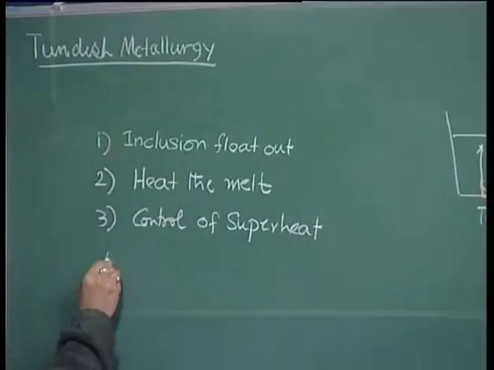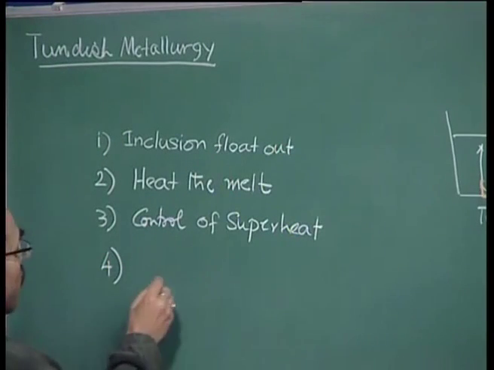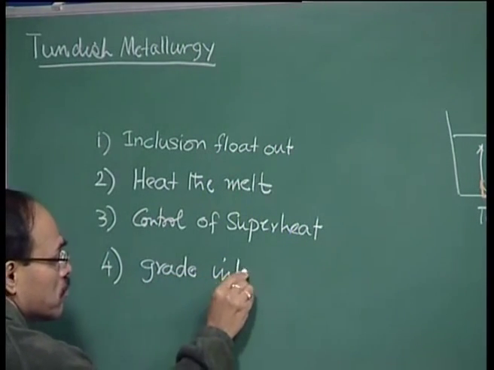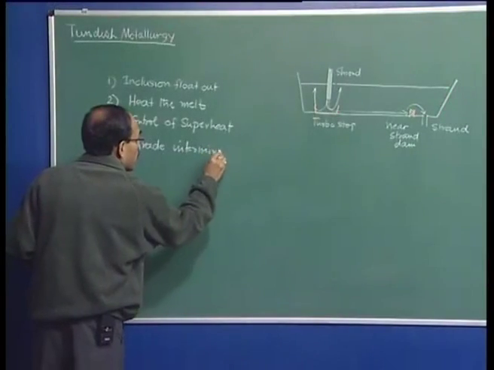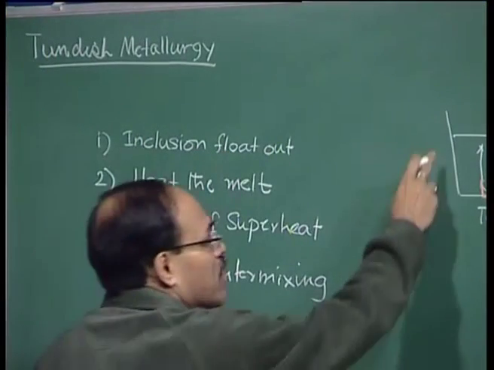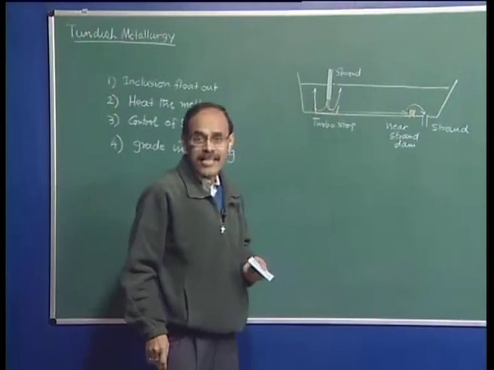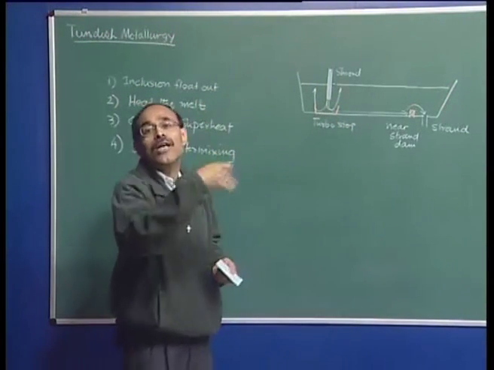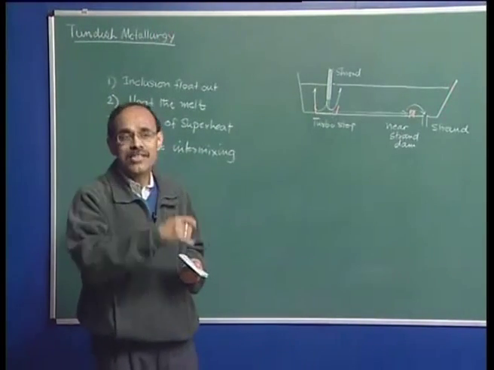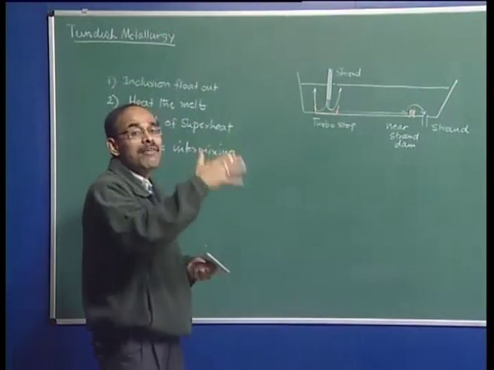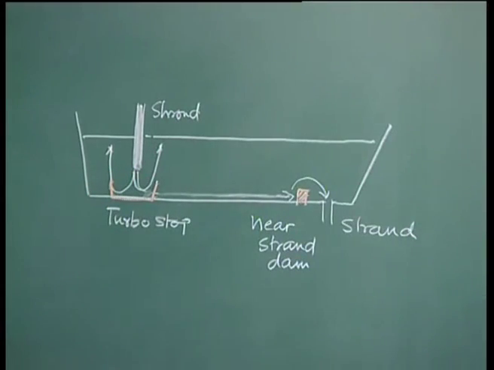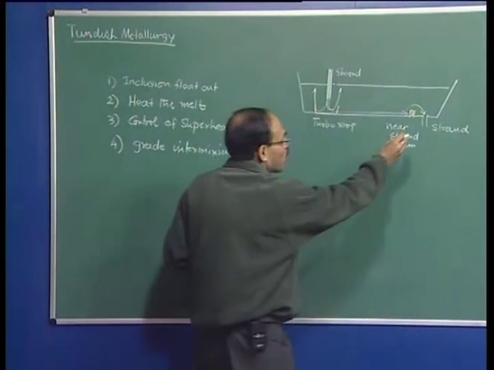Number 4, more important issues are like we have grade intermixing, which is also an important issue. And what does grade intermixing essentially imply? That a particular tundish may work for 20 heats, okay, 20 times we can do the ladle changeover, but those 20 ladles may not have the same composition. So, after 5 heats, maybe the composition is going to be changed, and as the composition is changed from grade A to grade B, in that case for some time we